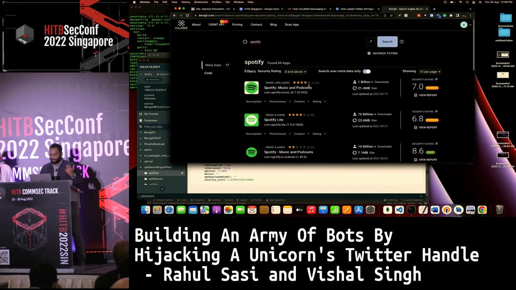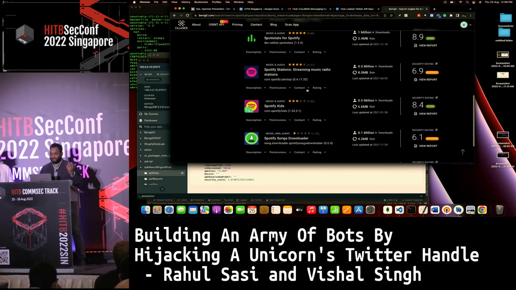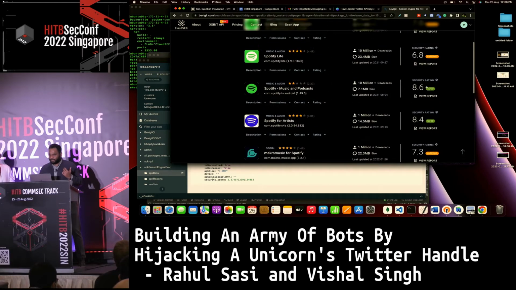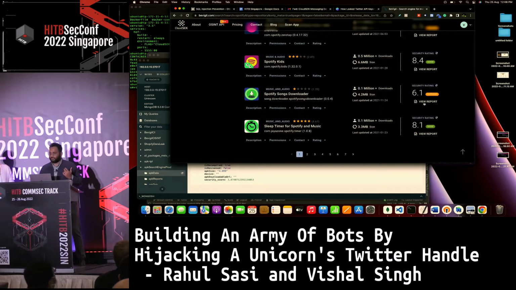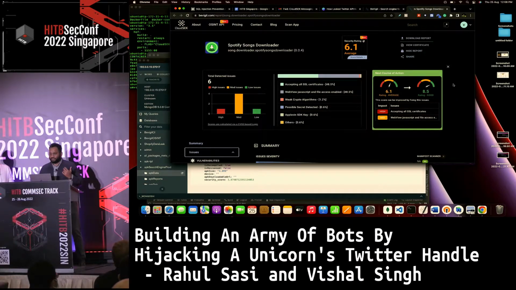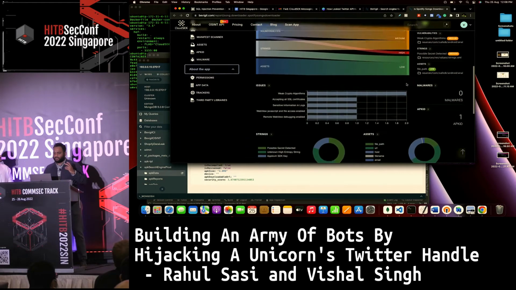In this case, we have close to 69 apps, by the way, but obviously the top one is the main Spotify app. The rest of them would be clones or ripoffs, etc. But then you can see that there's a security score associated, and you can actually go check the report. What we do is an in-depth analysis of the app. And again, it's free, by the way. It'll give you all the security issues associated with it.